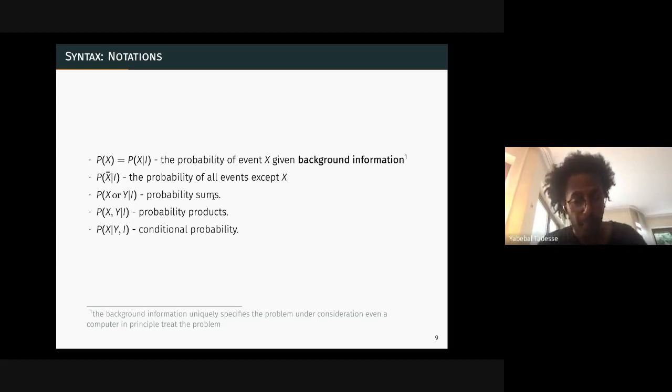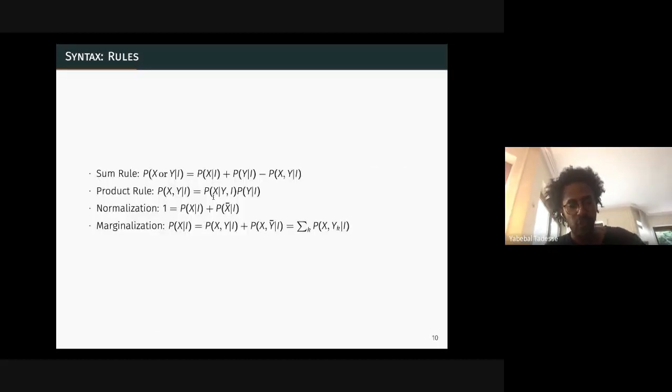There are only 4 rules in probability theory that you will use. There is nothing else that you do other than using these 4 rules. Everything you have seen in probability, Bayesian or whatever, has been done through them. The sum rule: probability of X or Y is equal to probability of X plus probability of Y, and if they overlap, you subtract probability of XY. The product rule: probability of X and Y happening is probability of X given Y